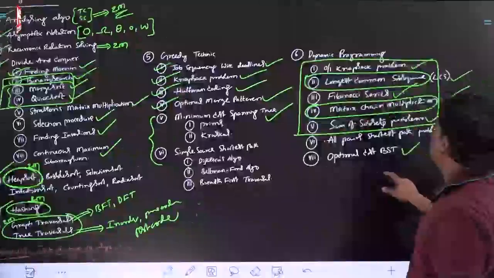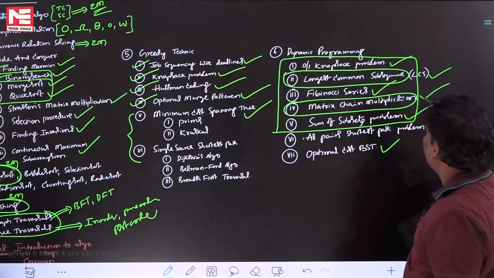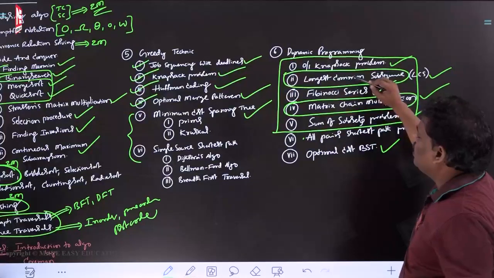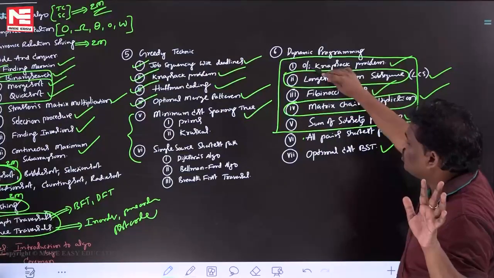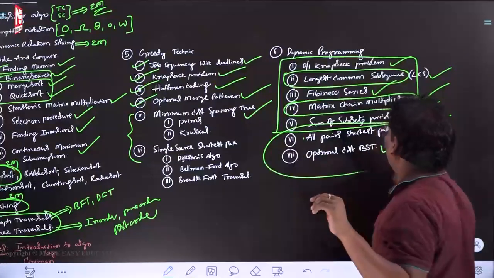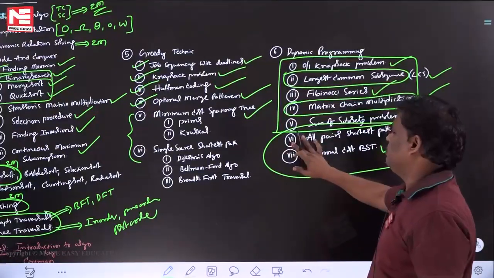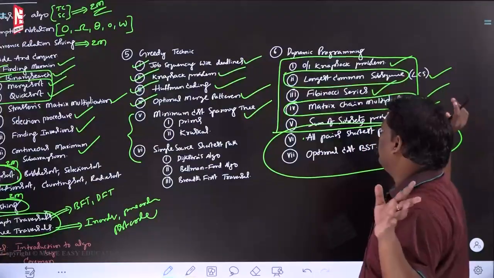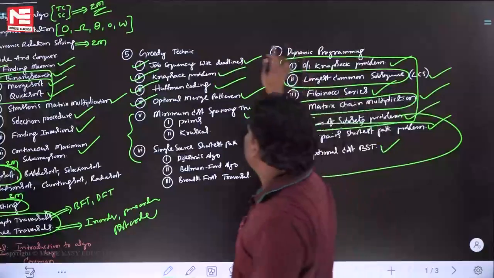Next, the sixth chapter, dynamic programming. In dynamic programming, topics 1 to 5 are really important. In that, matrix chain multiplication came again and again. Longest common subsequence also came again and again. But the important thing I want to say is, from the first topic to the fifth topic, complete all properly. If time is there, complete these 2 also. Until now, they have not come even one time. If time is there, please go through them, because who knows, next year they may come. Until now, 1 to 5 came again and again. So the last two may come, they may not come. So this is the 6th chapter.